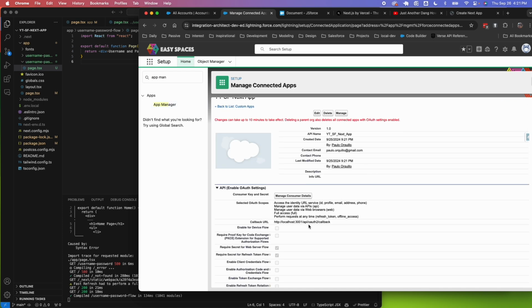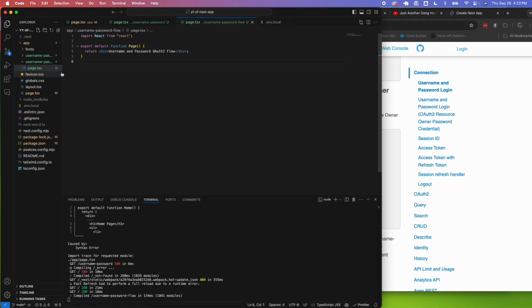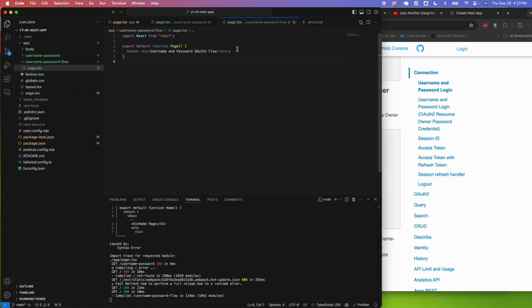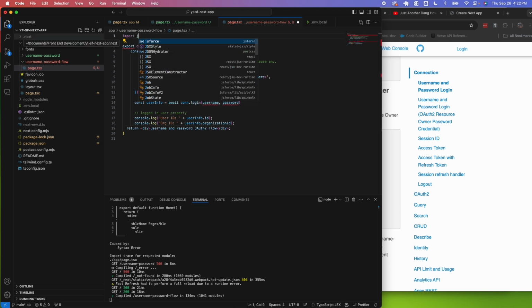So now we have the callback URL. We need to get the consumer key and consumer secret. So let's jump back to the document here and see what we need. So we need the client ID, client secret, plus the redirect URL. So I could copy the same details here. Jump to my user flow app here. Paste that information. Let's import the JSforce